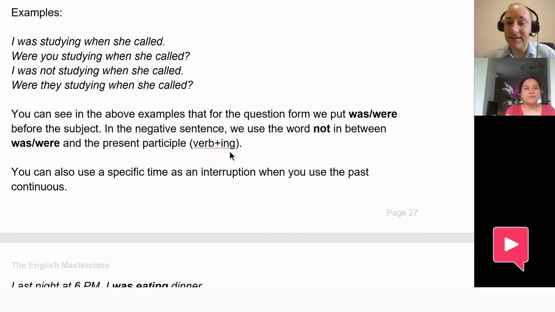Similar to the present continuous for a negative sentence. Actually, how about you? Do you remember for a negative sentence, how do we make a negative sentence with the present continuous, because it's the same for the past continuous? Put not after the verb to be. Yeah, that's it. So again, in present continuous, it would be is, am, are. For the past continuous, it would be was, were. So was, were are the past forms of the verb to be, and then we just add the word not.